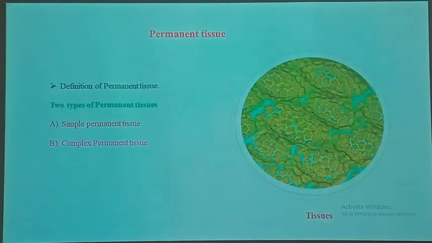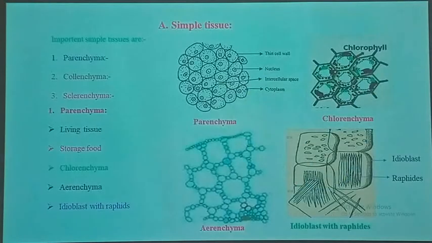Now permanent tissue. So what is the permanent tissue? The group of cells that acquired a permanent shape, size and function and lost the power of cell division is called permanent tissue. There are two types, that is simple permanent tissue and complex permanent tissue. Now simple permanent tissue is a group of similar type of cells resembling in shape, size, function and form, which is called simple tissue. These simple tissues are of three types, that is parenchyma, collenchyma and